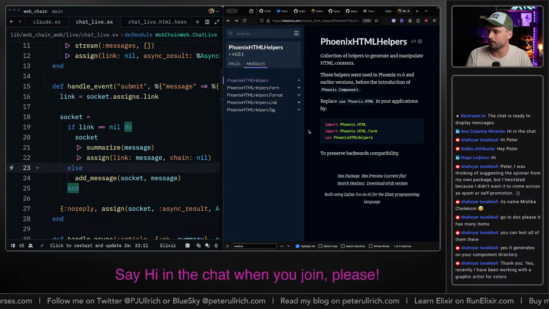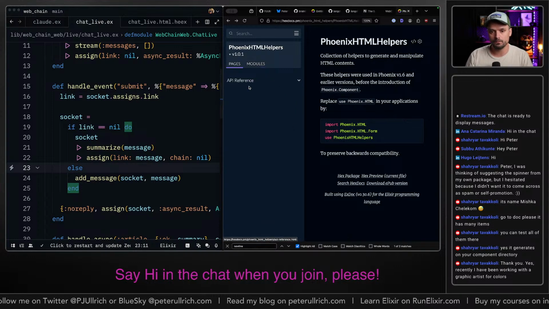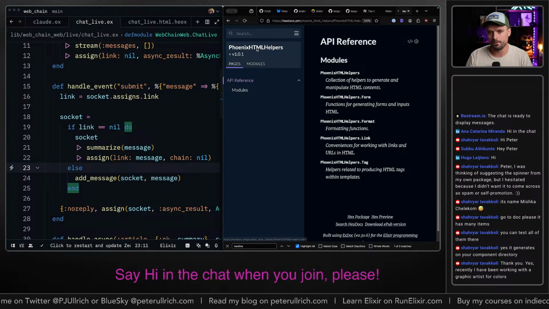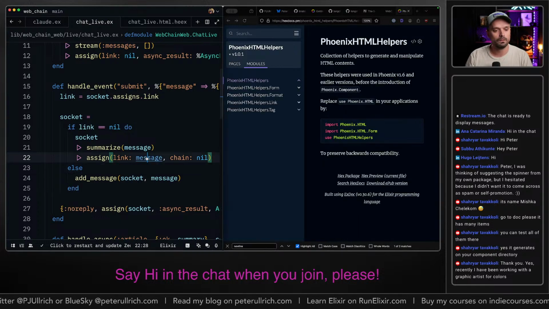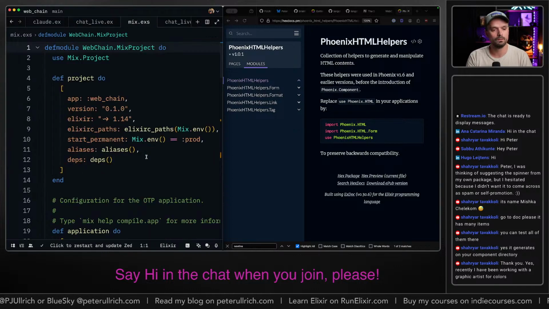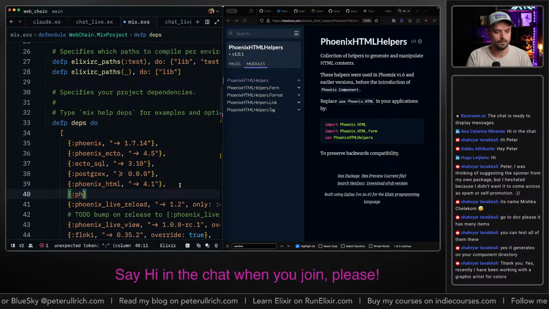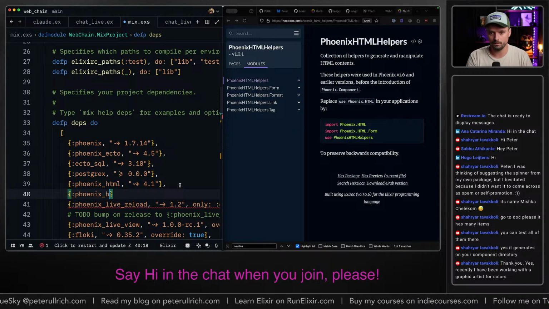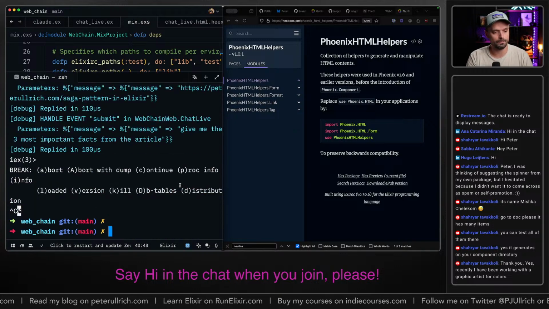But does Phoenix now have another helper function to convert? Because it was really, really useful. Phoenix HTML helpers. The latest version is 1.0.1. Let's get this one in here.